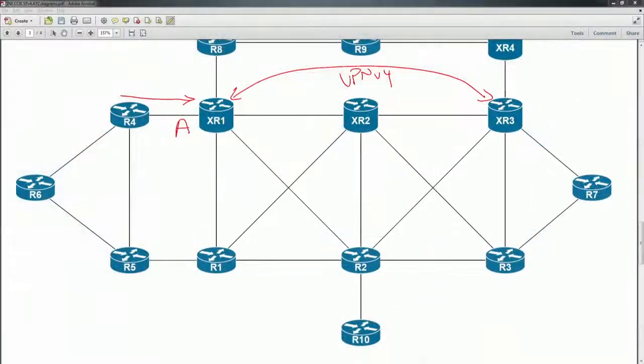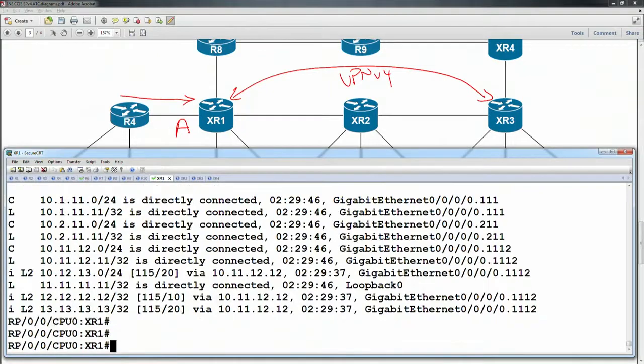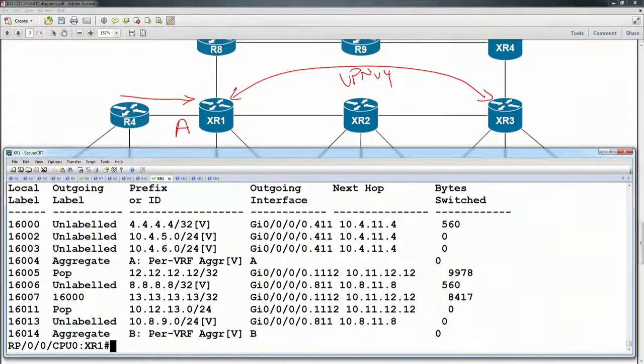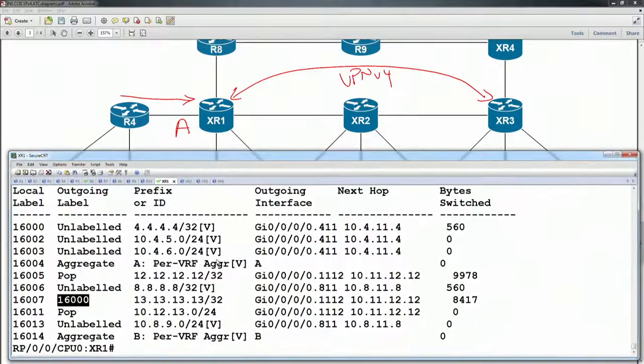So if we look at the two of these specifically from XR1's point of view, and we look at the show MPLS forwarding table, we want to know, first off, what is the loopback address of 13. This is going to be the topmost label, which is the one that is the transport. Then we're looking at what is the final destination. So the final destination from router 4's perspective is going to be router 7. So we're going to look at BGP, look at the VPNv4 unicast routes, and look for